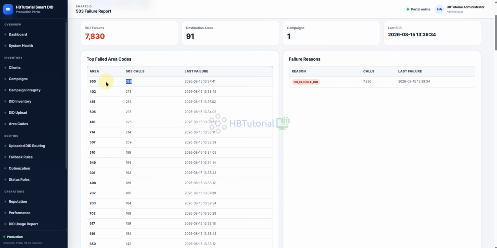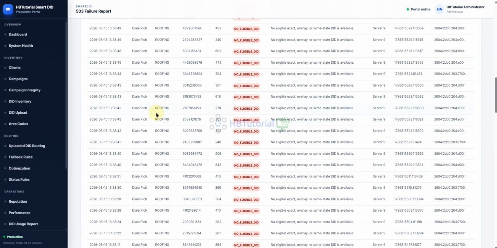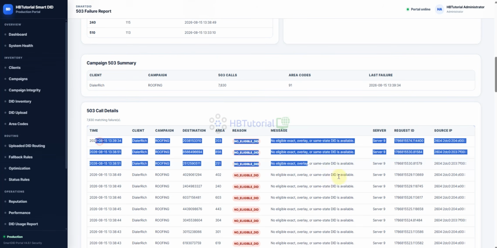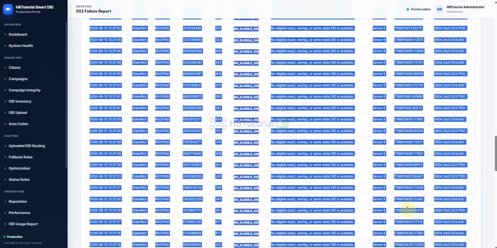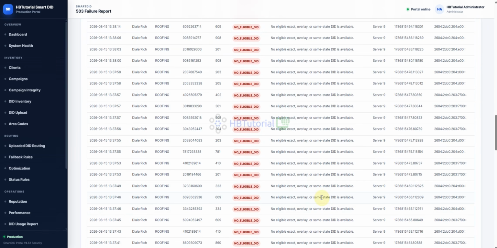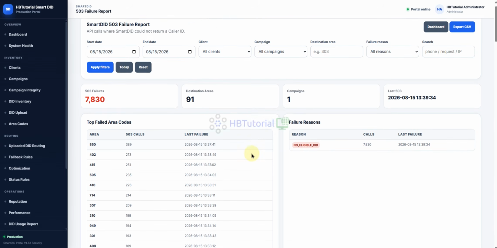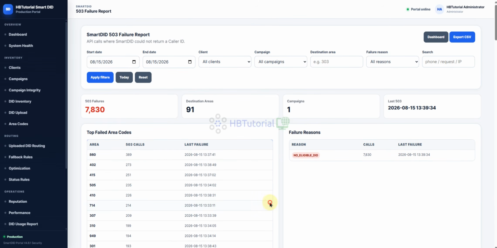So at least you should have like 5 or 10 DIDs, better. As you can see, it will show an error over here. It means the call will go automatically to a 503 error. Okay, and then we go back to our dashboard.